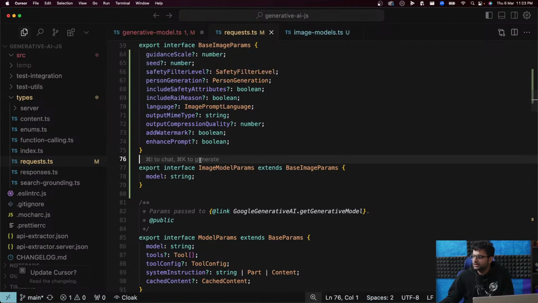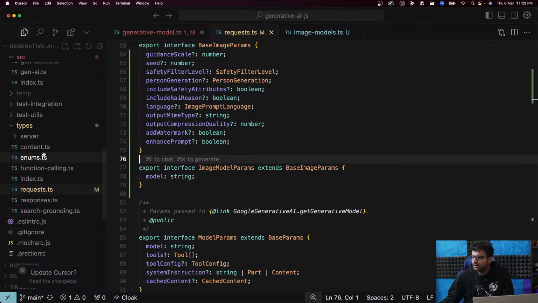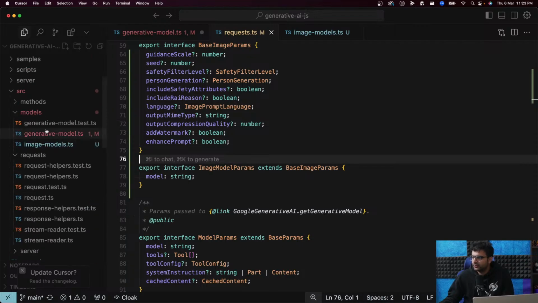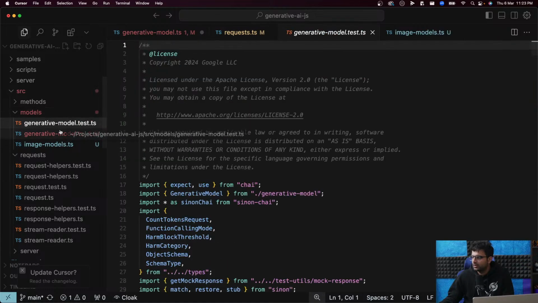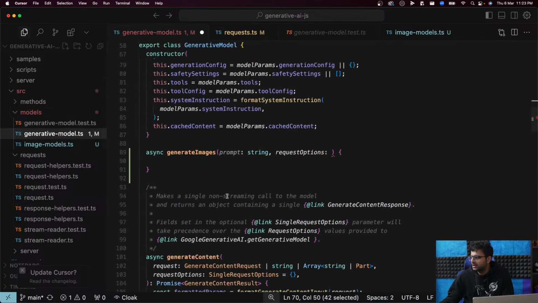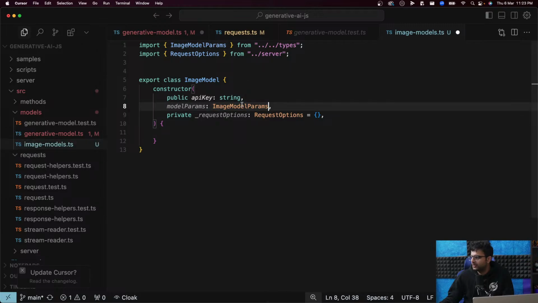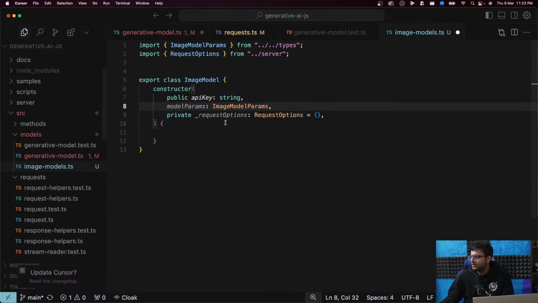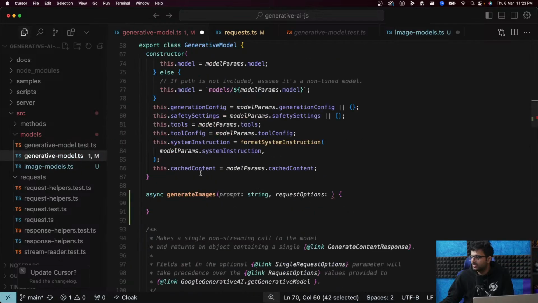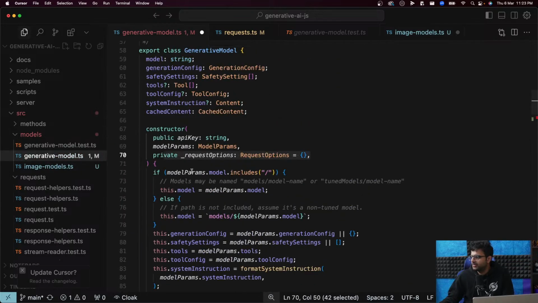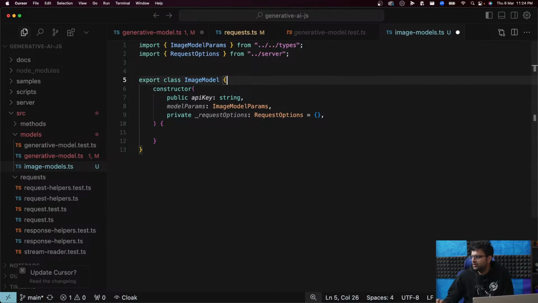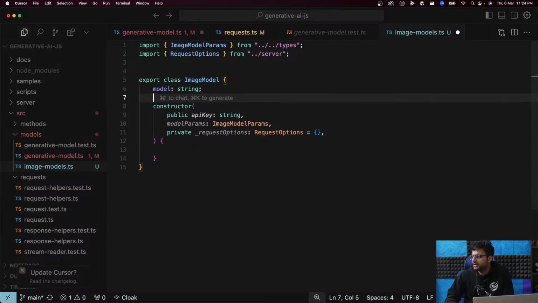Image params. Go back to, where was it? Image class. What was it called? Models slash model.ts. Sorry, generate image.ts. So this is where, yeah, it already has that. Looks good. And then request options, cool. Okay, what's happening here? Just setting those variables, nothing else. So model string, and